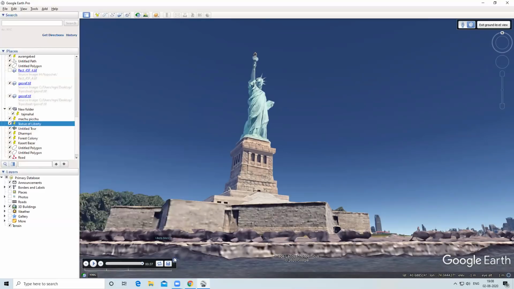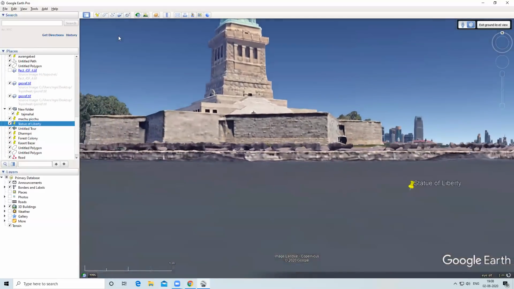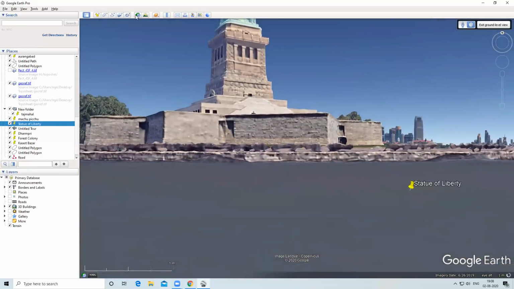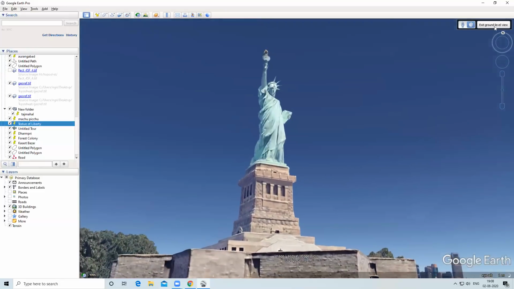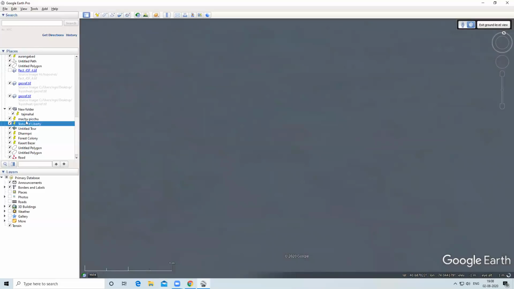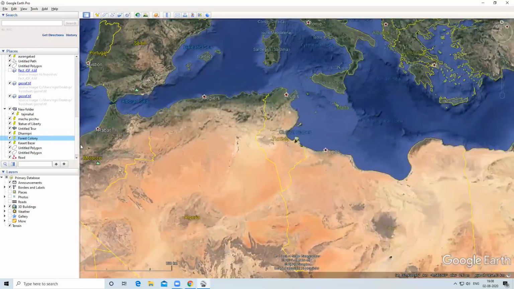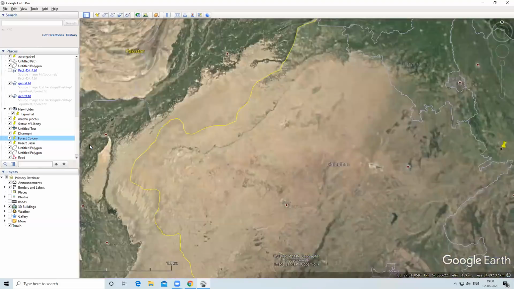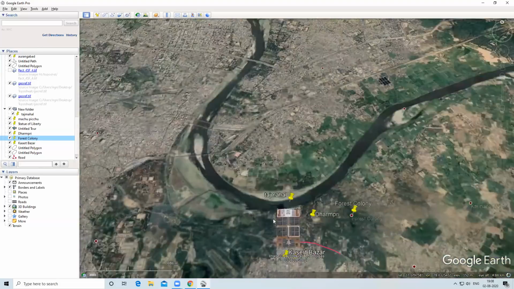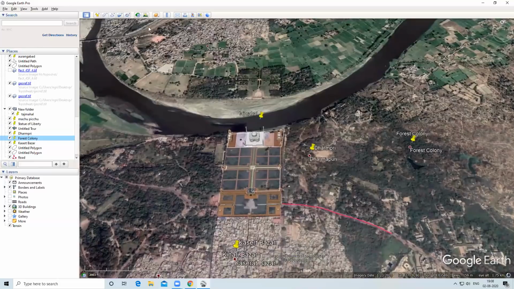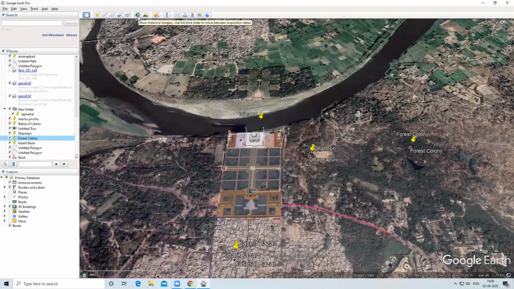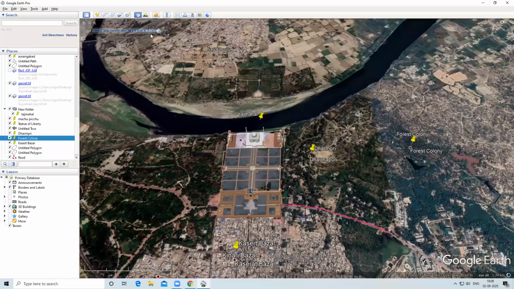Now here is the option for historical imagery. If you want to see a previous historical image of this place, I will click on Forest Colony. If you want to see a previous image, I will click here and I can see a previous historical image of this place.